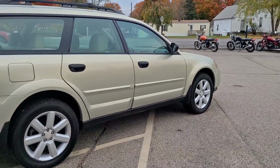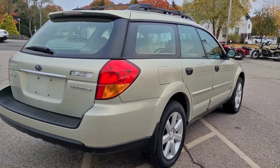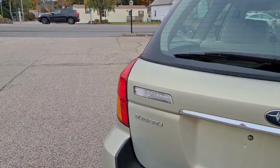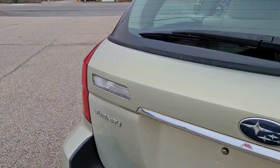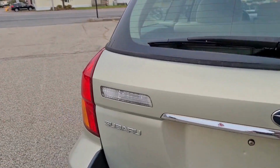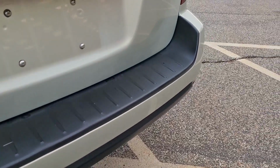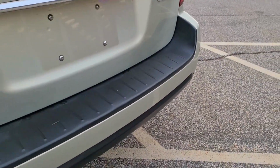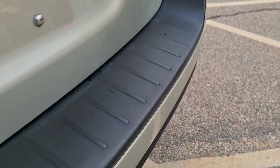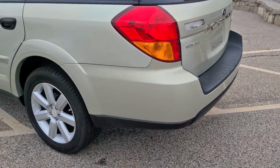That beige paint does present nicely. There are a couple cosmetic things to note here on this vehicle. The first of which, some clear coat degradation on this tailgate here. You'll see the plastics in the loading area for the cargo area are in nice shape. They're not gouged, they're not cut. This car hasn't had a life of abuse and items being thrown into the back, and that's a good way